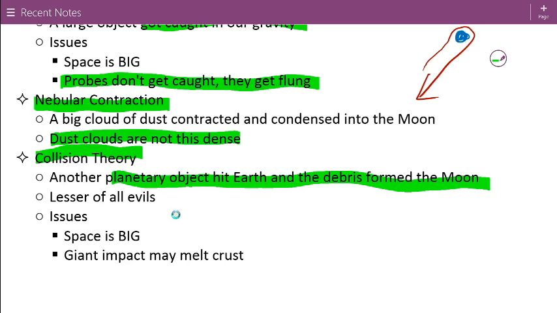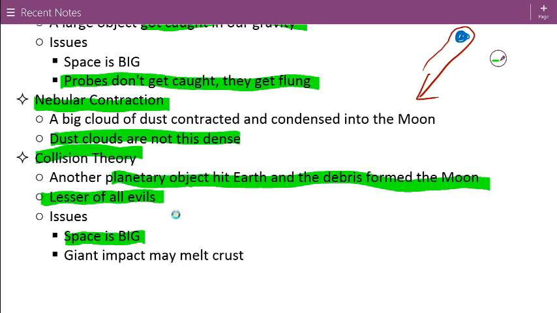And really, the article states that this is the main theory, mostly because there are just so many problems with the three previous theories. It's not that this theory is really amazing, it's just that it's the most probable out of the four. So that's very, very far away from proving it true. Again, some of the issues that are brought up is that, again, space is just really big.